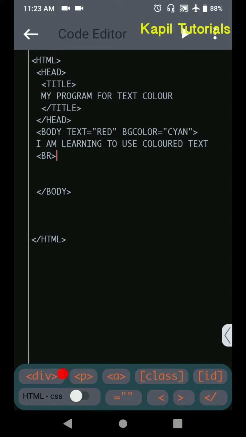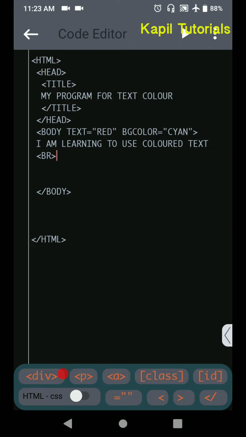So HTML is a container tag. Head tag, we have to start the head tag and close the head tag, so it is also a container tag. Title is also a container tag. Body tag is also a container tag.